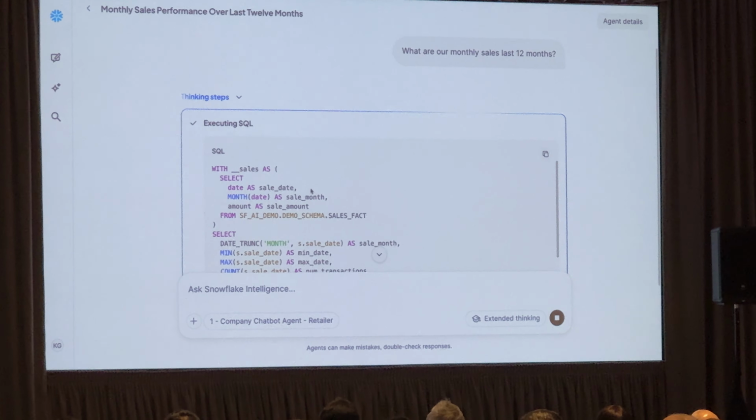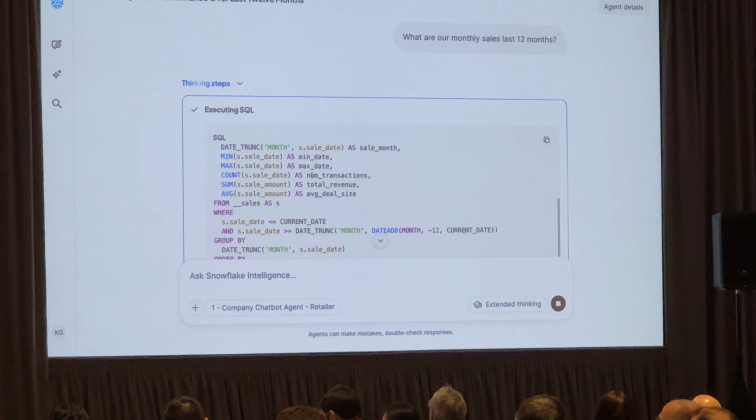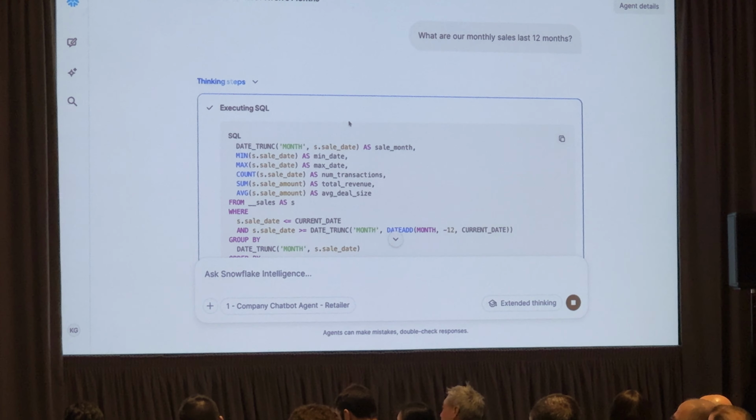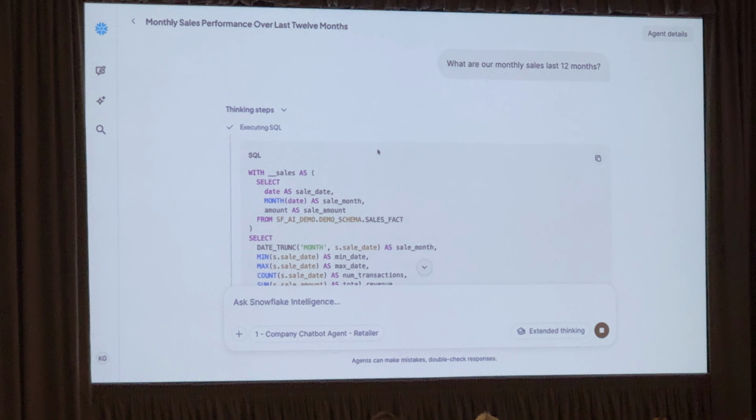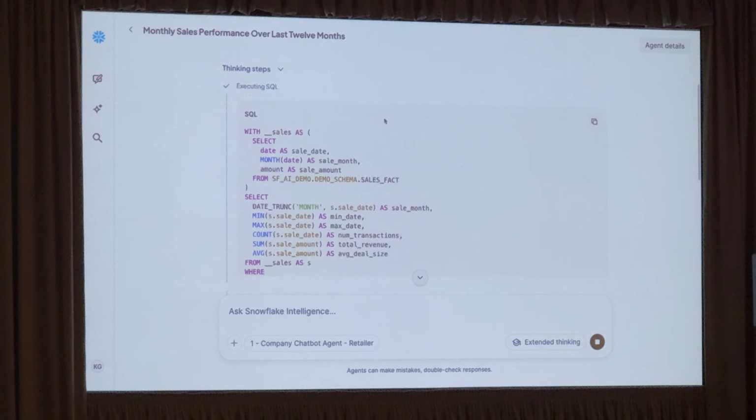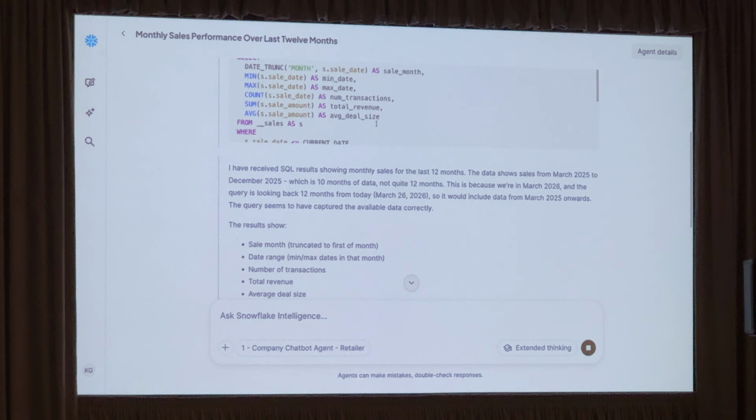And as this is formulating its answer, hopefully my internet connection is still good here. Okay, here we can actually see it starting to go. It's starting to execute the sequence based on the semantic models that it's got access to with Cortex Analyst. It's starting to reason through that SQL, as well as